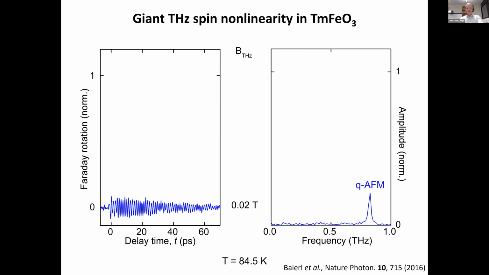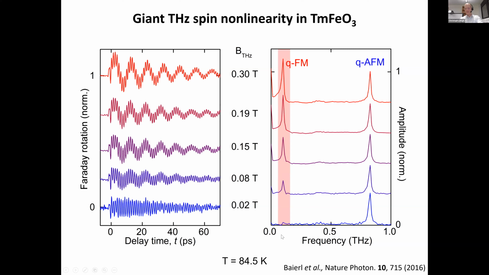This is a first result of an experiment investigated by Sebastian Bayerl from Rupert Huber's group a couple of years ago, where he investigated bulk thulium orthoferrite with strong terahertz pulses. The first thing that happens when you excite the material is you see a resonance at about 800 gigahertz, which is in fact a so-called quasi-antiferromagnetic mode. It's also launched by Zeeman interaction. But then as you increase the field amplitude,